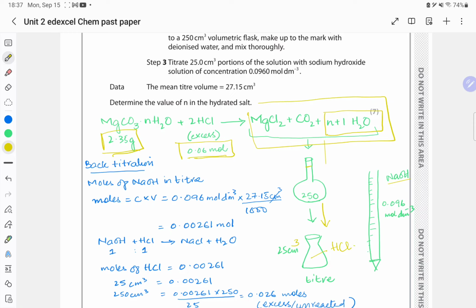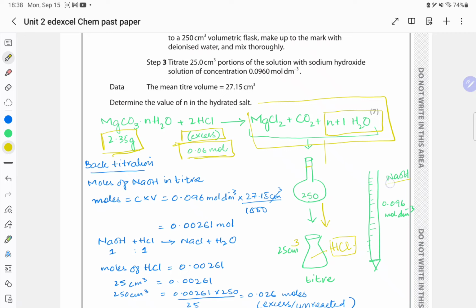Excess, because HCl was in excess. Here you can see it, they have mentioned that we have got HCl in excess. So whatever the solution is formed, apart from that we have got some excess HCl. In order to find out the value of that excess HCl, you're going to titrate it